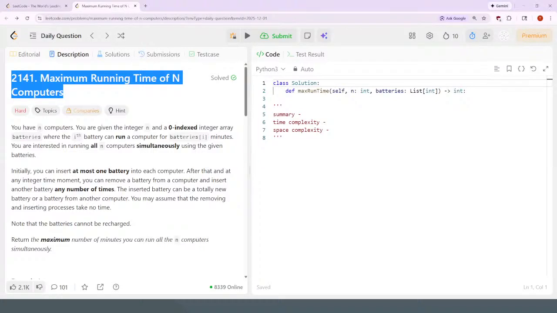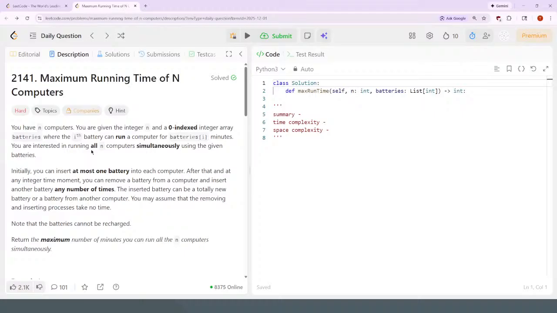Alrighty, let's see what we got here. It's going to be a problem I previously solved that's hard. Maximum running time of n computers. You have n computers